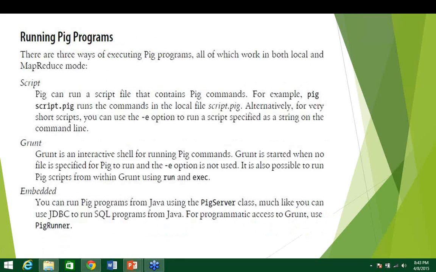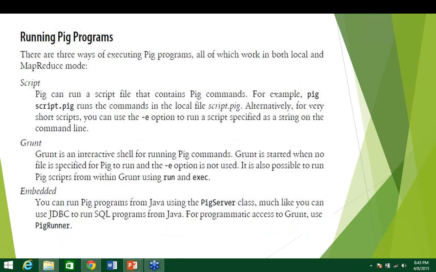We have to download the Pig jar file, keep it somewhere and extract it, and whatever location you have extracted the Pig jar file to, give that location as the Pig home. Then again, similar to Java, you have to set the path, which we will see when we do the installation. Now after that, Pig,